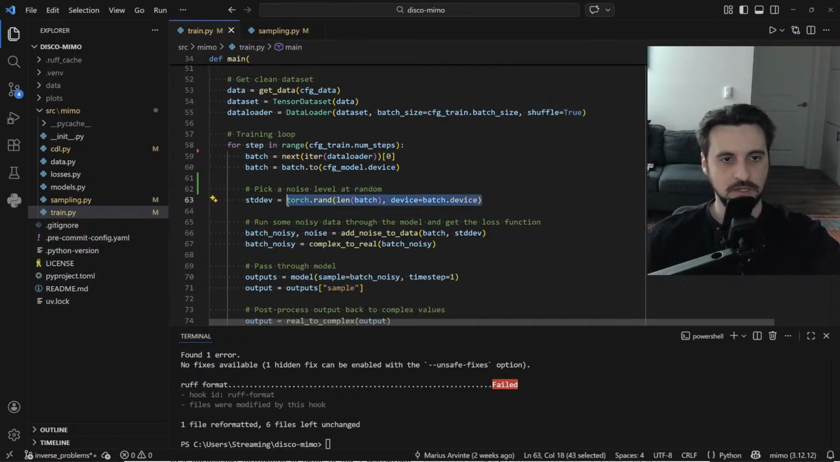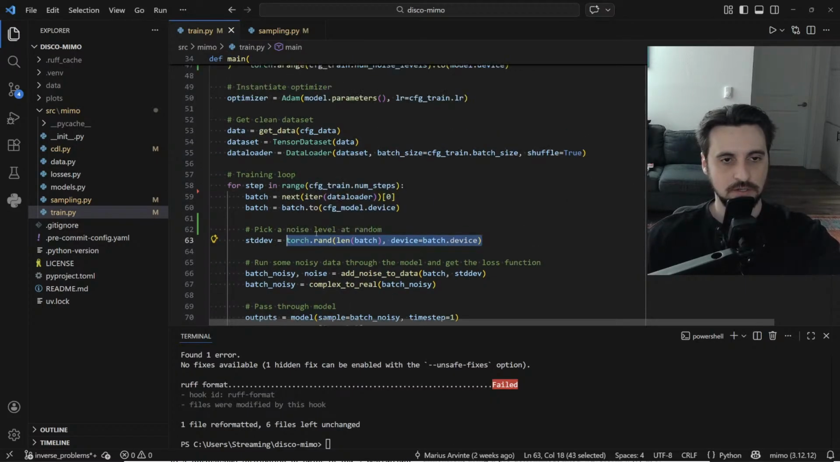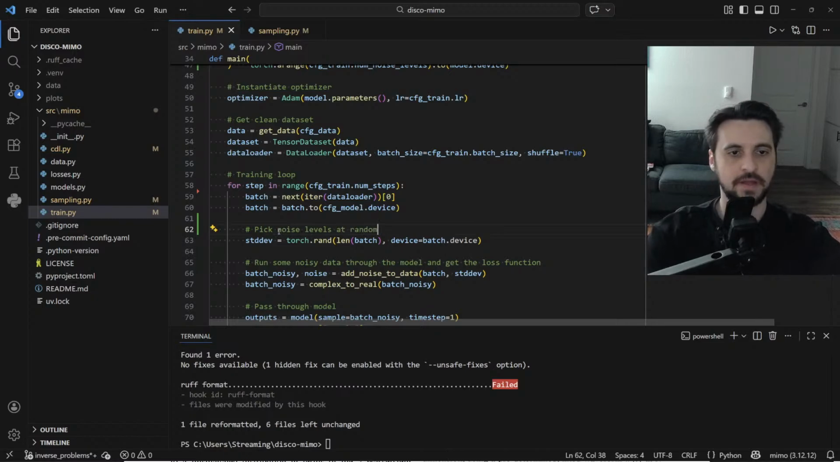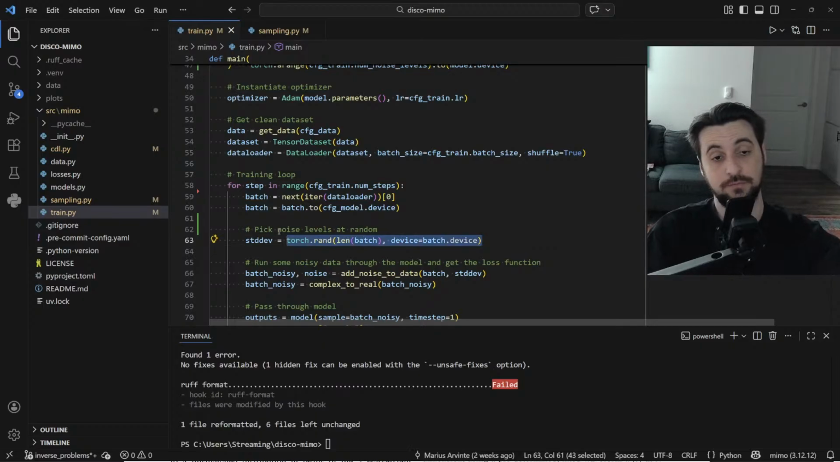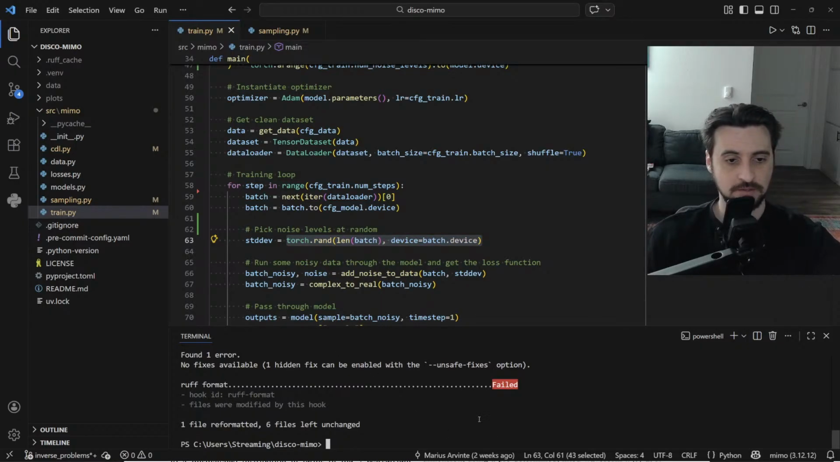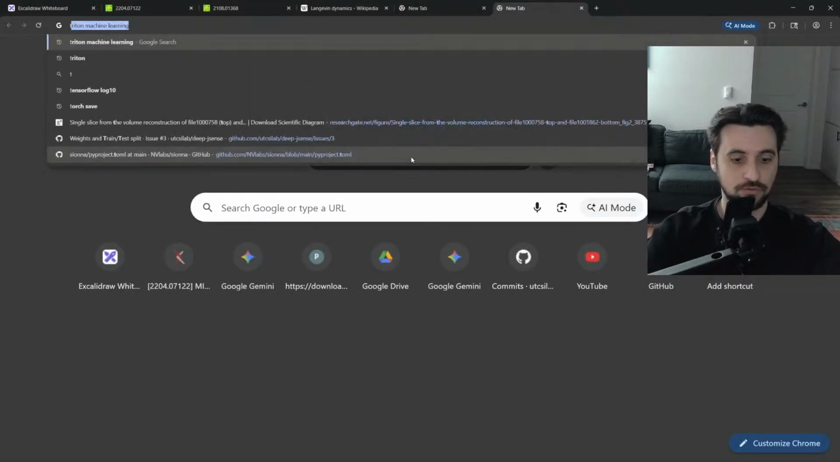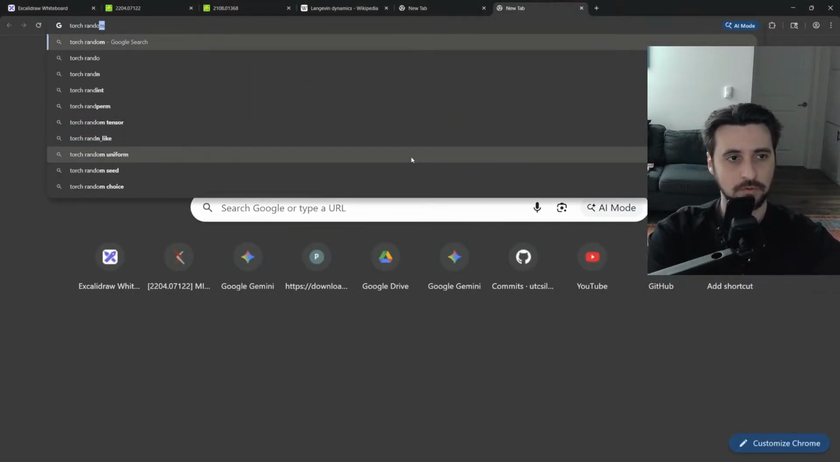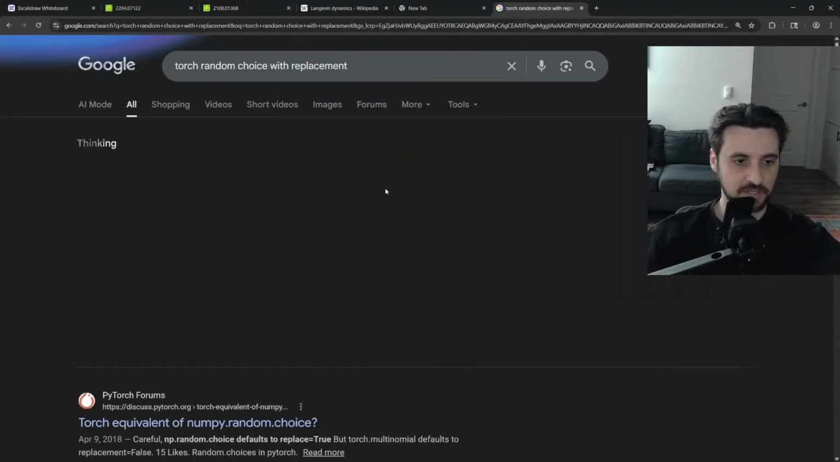The standard deviation becomes, so, pick noise levels at random. So now we have to pick a random noise level for each sample. So it becomes, is there a torch rand choice? Let's see. Torch random choice with replacement. Can I pick